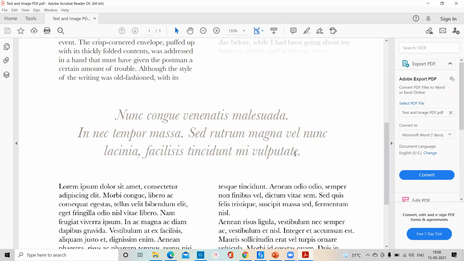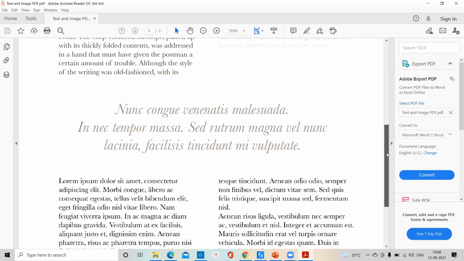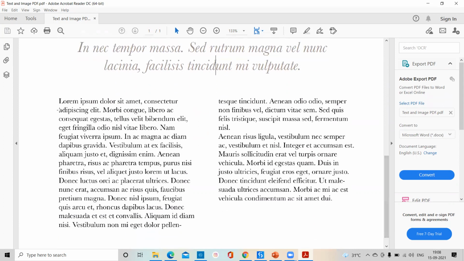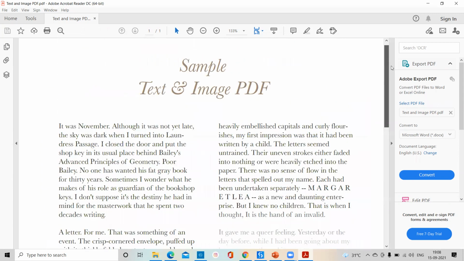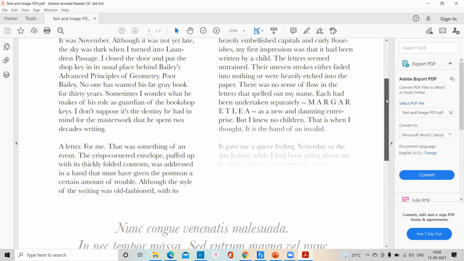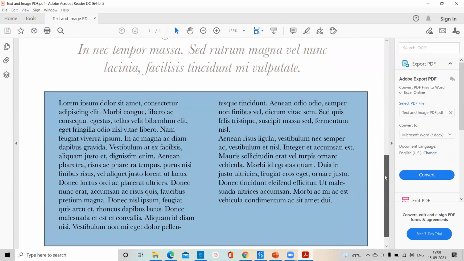But if you scroll down and click on the lorem text here, we are not able to click on this part. So this is your image PDF. There are two types of PDF: one is your text PDF and the second is your image PDF.